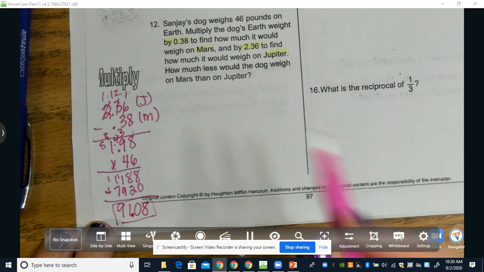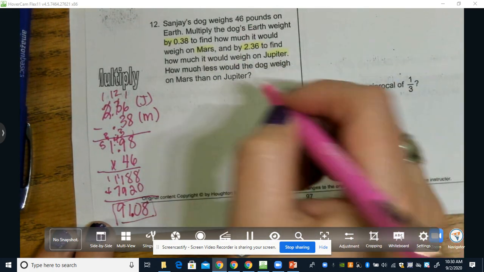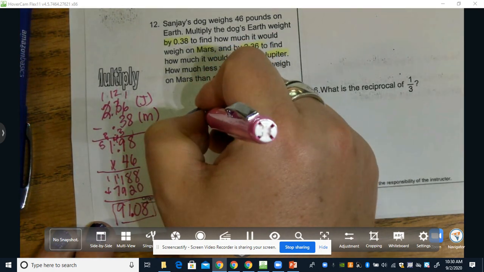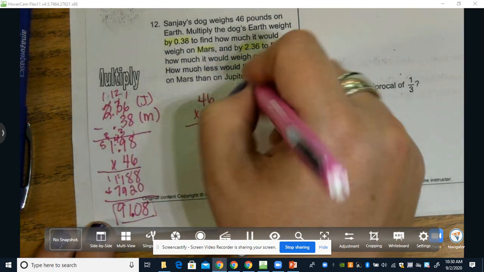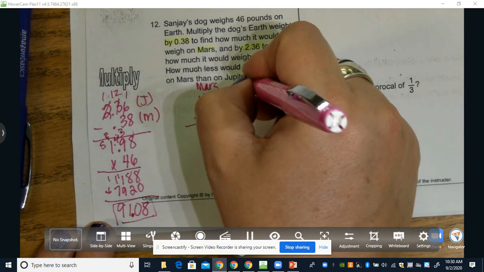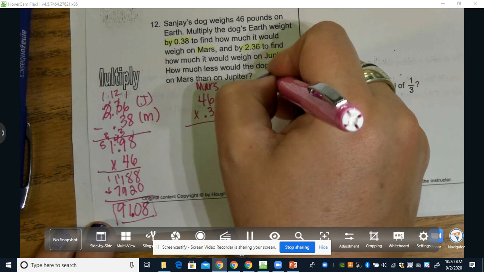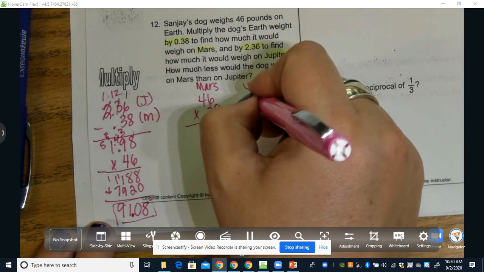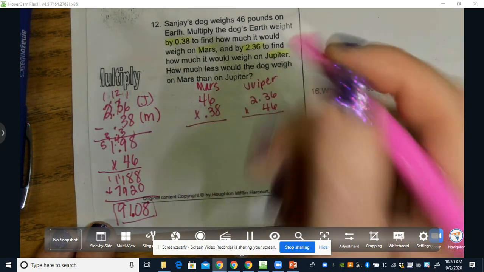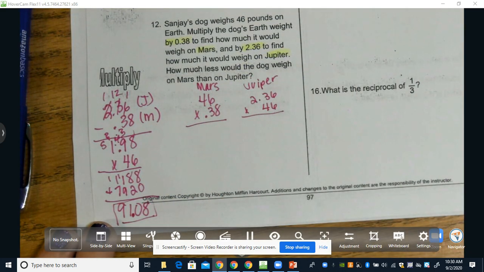Now, that's one way. The other way you can do this is take 46 times 3,800, and what Jupiter, this was Mars's weight. And then what Jupiter weighed, which was 2 3600 times 46. And the reason why I'm doing that, guys, is because I always like to do the larger number on top. It's just the way I've always done it. Okay? And when I multiply